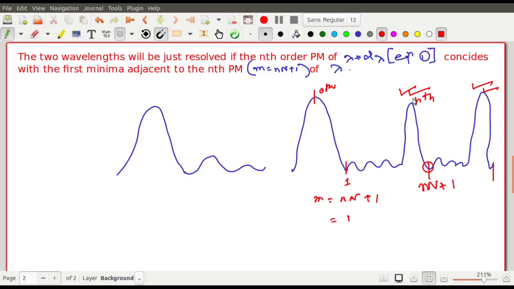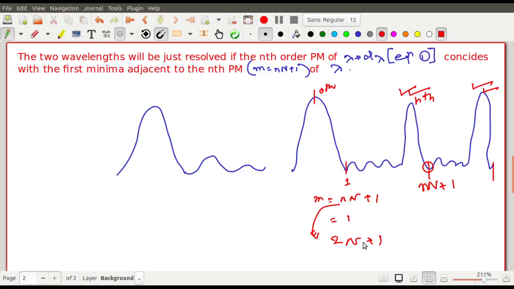But if it is your second maxima, second principal maxima, so then it will come out to be 2 into capital N plus 1, where capital N is 1 by A plus B, that is at your control. So capital N টা তোমার কন্ট্রোলে আছে, how many lines are there per unit length, or how many rulings are there per unit. Okay, বোঝা গেল মোটামুটি ভাবে কি বলতে চাইলাম। তার মানে এখনকার ফার্স্ট মিনিমা মানে নরমাল ফার্স্ট মিনিমা